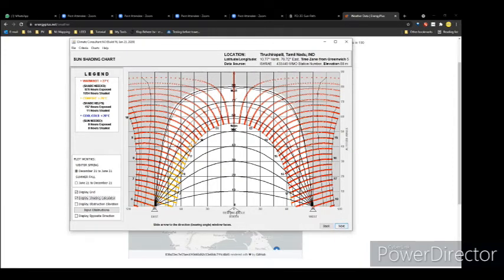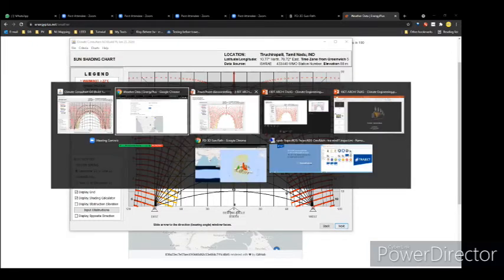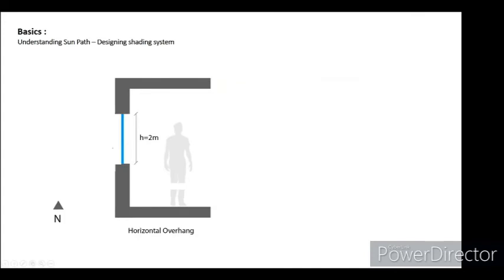So you start reducing it to understand at what particular degree you should stop with your shading system or the angle of your shading system. Let's say I'm putting it over here. It's approximately 55 degree. What this 55 degree actually means is, imagine you have a building facing south and the window height is 2 meters. You have your horizon, and this is what that 55 degree means.